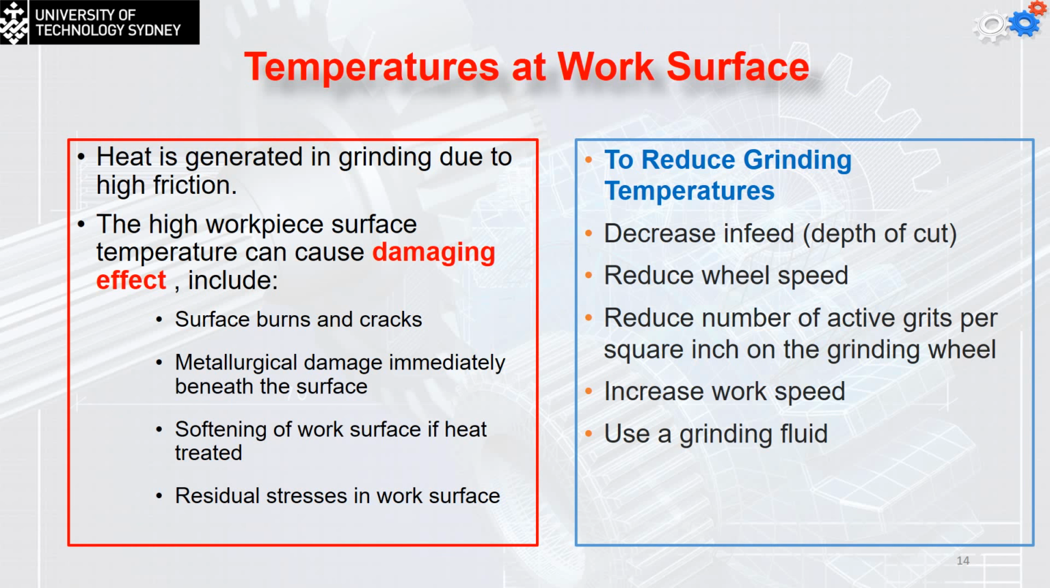Reduce the wheel speed. Reduce the number of active grains per square inch of the grinding wheel, and increase the work speed, and use the grinding fluid. Okay, now there's different, but you can see that we have two speeds here, the wheel speed and the work